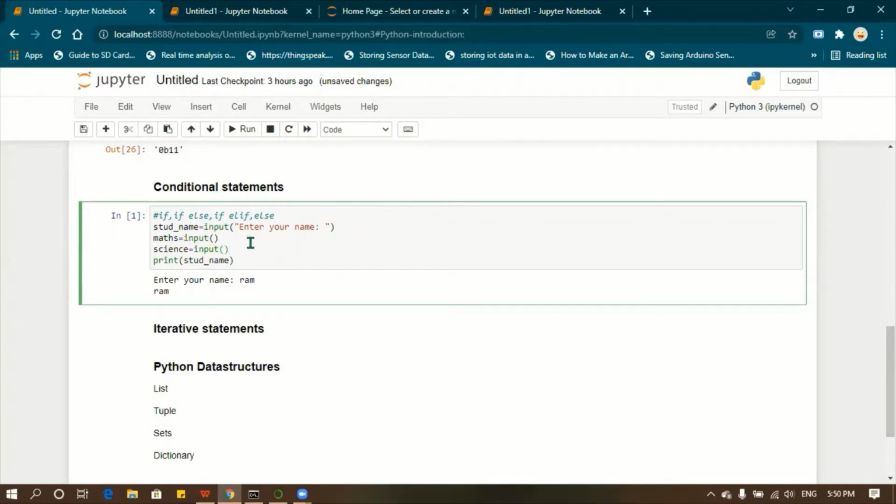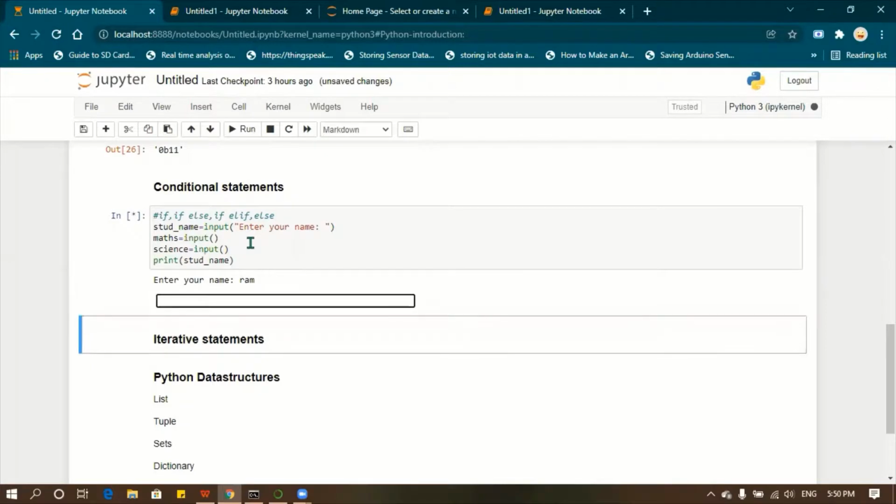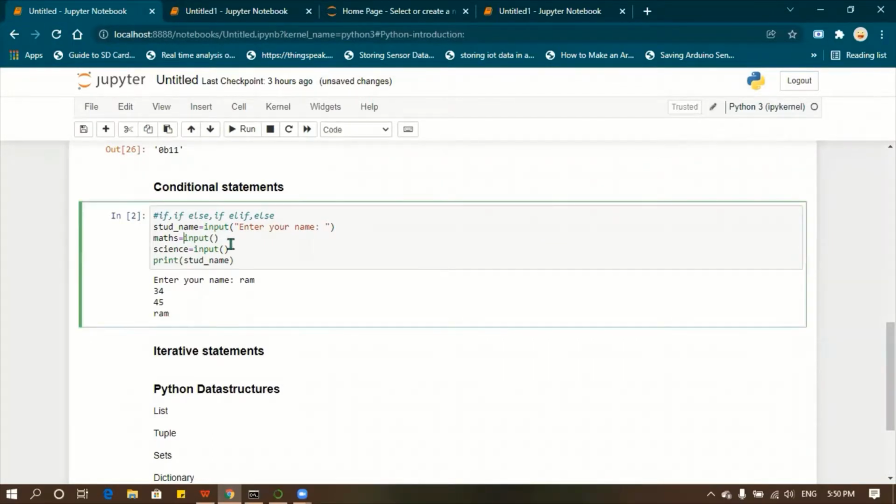If I run this, press enter, it is again asking for something: 34. Even if I enter an integer value there, it will be seen as a string in your system. 34, 45. So if I want it in the integer or the float format, I can convert it into an integer by using the function int.